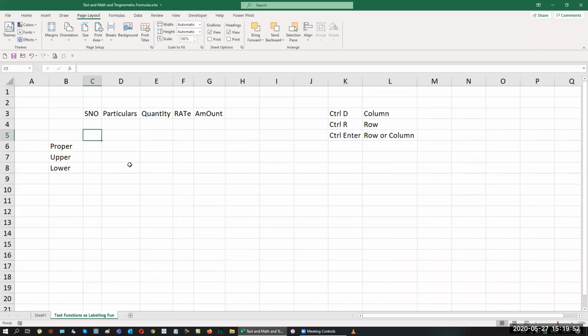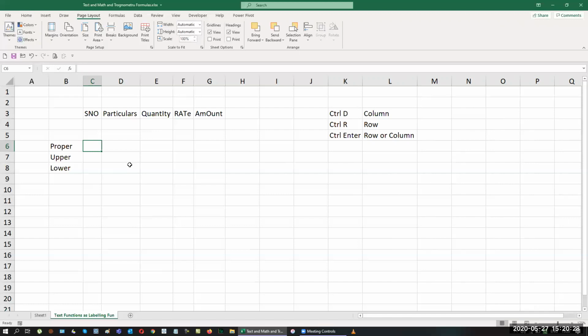Now I'm going to start with the first function called proper. Remember, this is not a documentation, so we are not using sentence casing here. If you are using a Word application, that's where you can create text with sentence casing, then all uppercase, all lowercase, and then you can make the jumbled one that toggles between, and then you can make each and every word's first letter a capital. The function used in Word for each and every word's first letter as capital is the proper